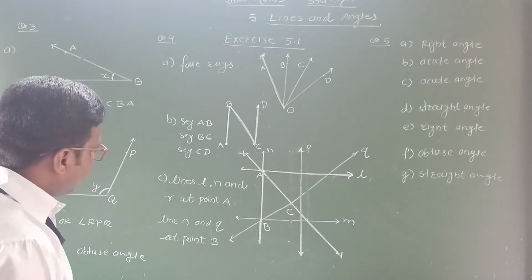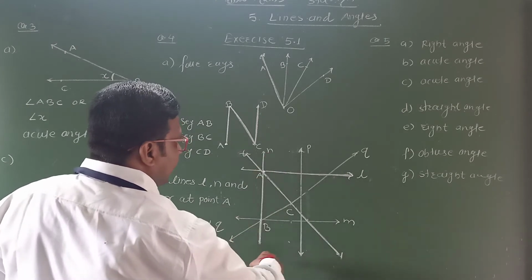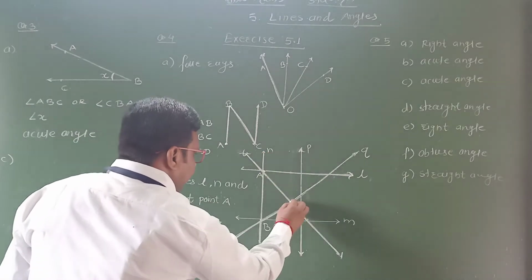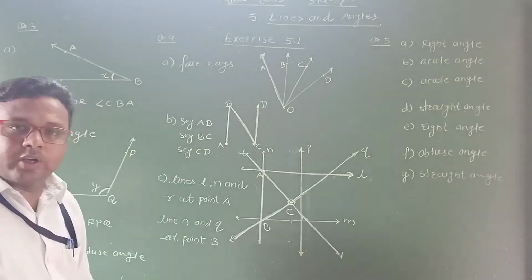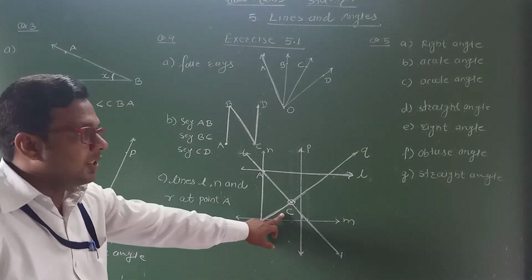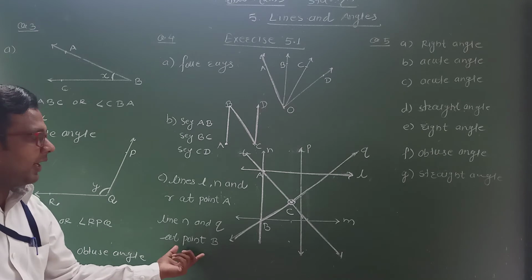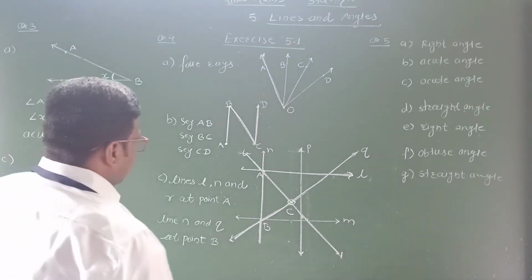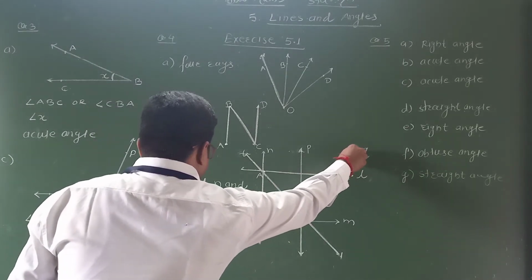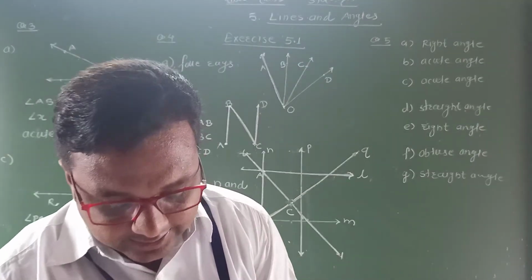Okay student. Similarly, line N and line Q, these two lines are passing through this point. Therefore, line N and line Q are concurrent lines, and I write line N and line Q, and at which point? At point C. Sorry, at point B. It is passing through. This is the point of concurrence. Then see the next example.